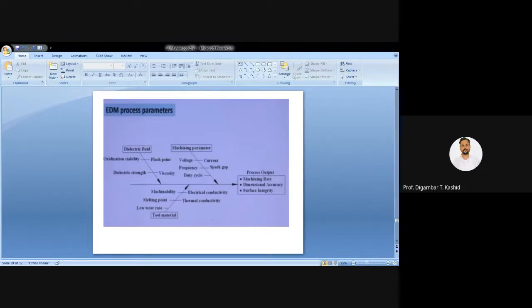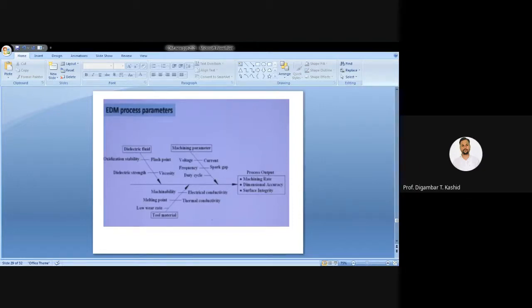Okay, so why I'm recommending that Vikajan book, because in the Vikajan book he has gone through different reviews. That means he has studied different research papers, and through the study of those papers, he has written that book. Related to the effect of process parameters on the performance of EDM, in that book you will get different graphs. That means how your current, frequency, spark gap, or the on-off pulse time affects your machining rate and accuracy, that he has explained.